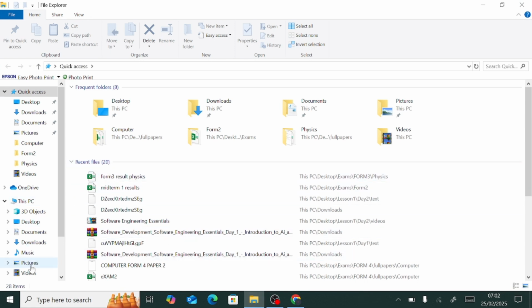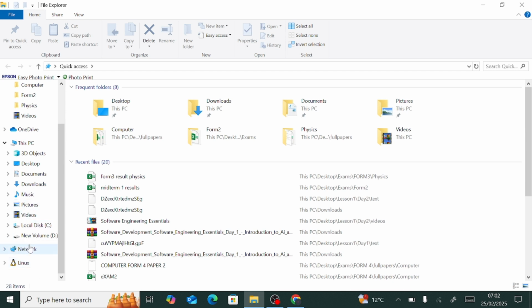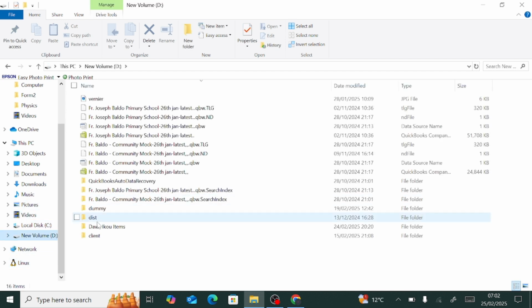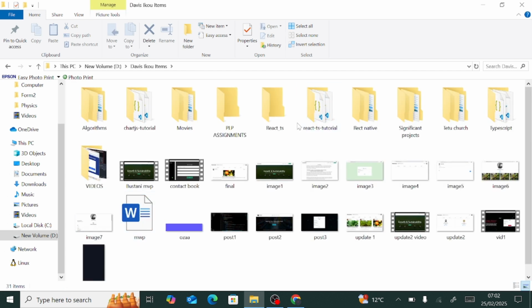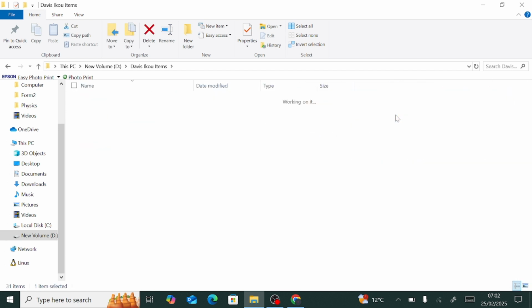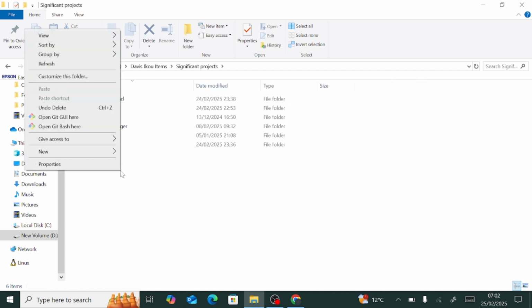In my case, I will initialize mine in local disk D, then the VS Code items, and then the significant projects folder, and in here I will create a new folder